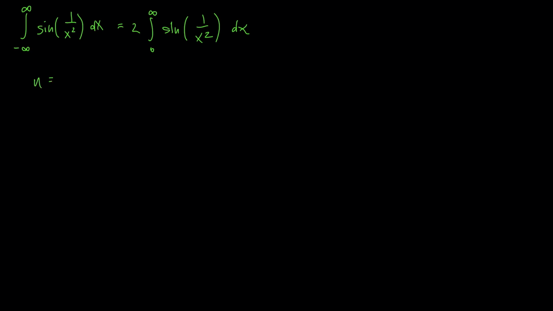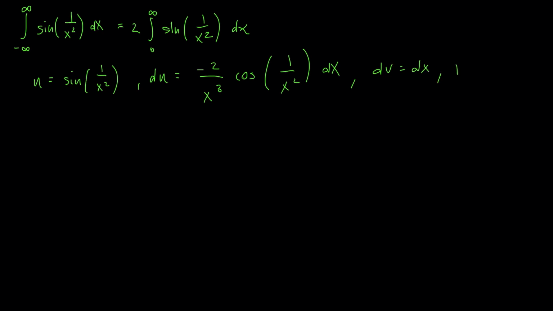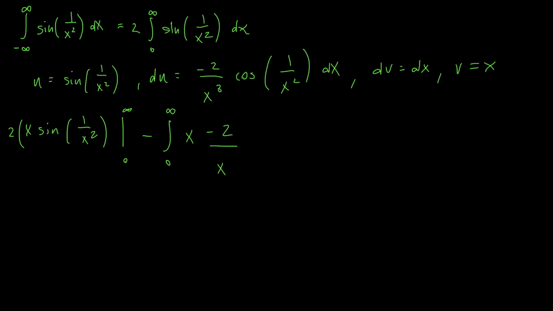So we're going to let u equal the sine of 1 over x squared, which means that du equals negative 2 over x cubed cosine of 1 over x squared dx. And that means that dv equals dx, and that also means that v equals x. So we're going to have x sine of 1 over x squared from 0 to infinity, and minus the integral from 0 to infinity of v du, so minus 2 over x cubed cosine of 1 over x squared